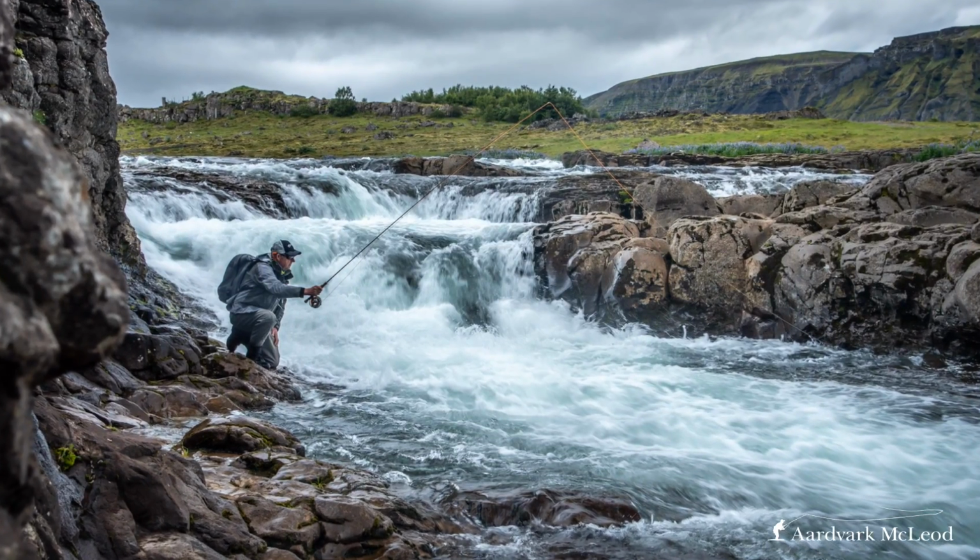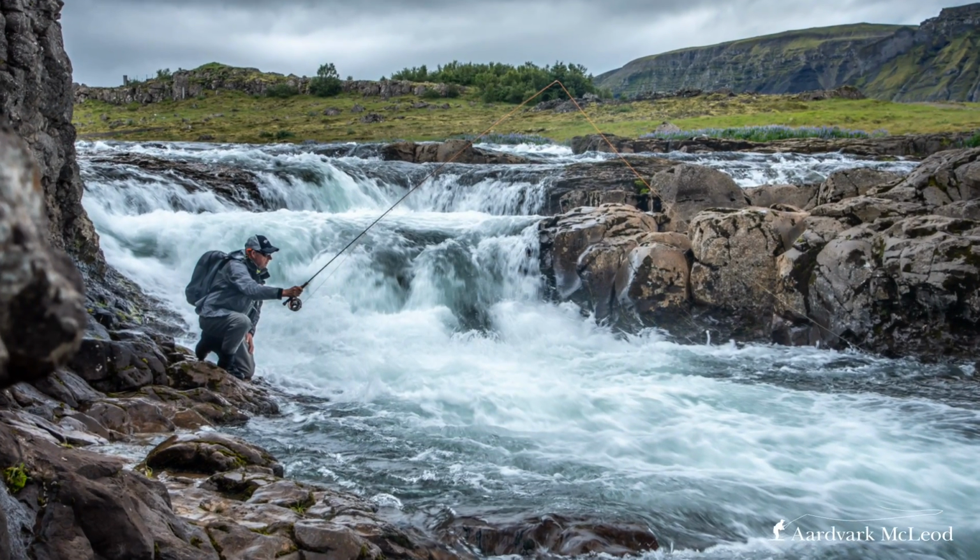What I'm saying is you shouldn't be afraid to try the modern technology and drop down line sizes. In Iceland, for example, we're now using 5 weights for hitch fishing for salmon. It's so exciting. The rods are still capable of dealing with it, and you can use a longer rod to hitch more effectively. I think where we see this modern technology really hitting home and taking effect is in the